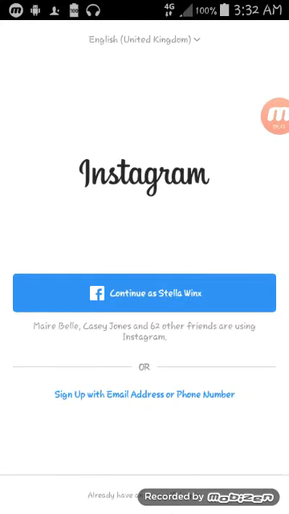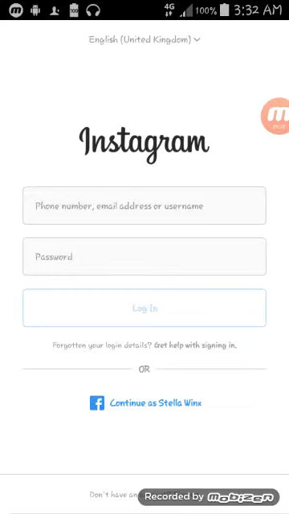It now offers me to continue with my Facebook account, but I'll just tap this login button here and quickly log in.